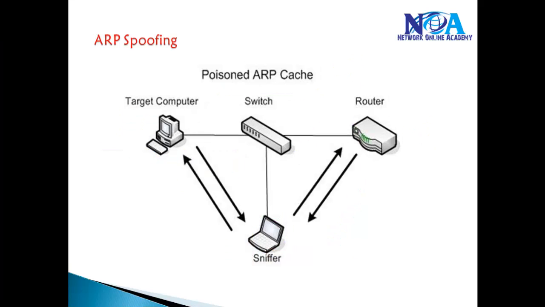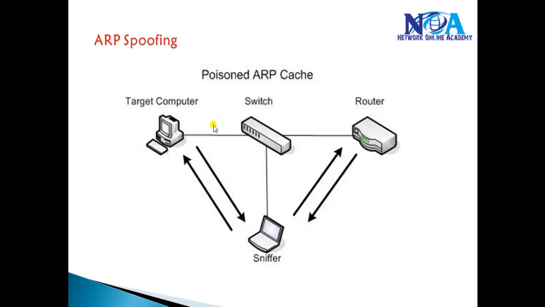Now, because of the false ARP information given by the attacker, the actual traffic which is supposed to go directly between these two users is not going directly, it's going via the attacker. We call this a poisoned ARP cache or an ARP spoofing attack. Now, we need to implement something on the switches to ensure that this kind of attack does not happen in your LAN.